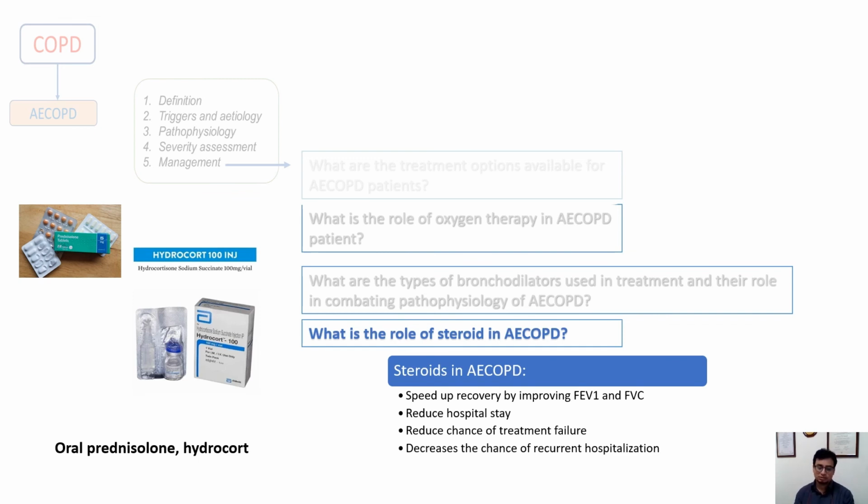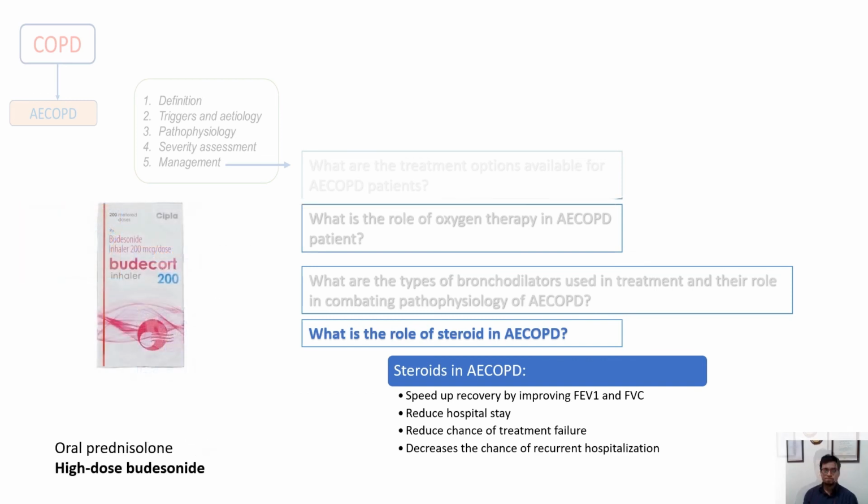You can give methylprednisolone as well, because we require more data. It's not like it's contraindicated. You can use methylprednisolone. The dose should be equivalent to 40 milligram of oral prednisolone. We can use inhaled steroid as well, but by inhalation we have to give a high dose. So high dose budesonide, 4 to 8 milligram per day. That is the dose. It has a similar effect to the oral glucocorticoid in respect to change in FEV1 and PaCO2.